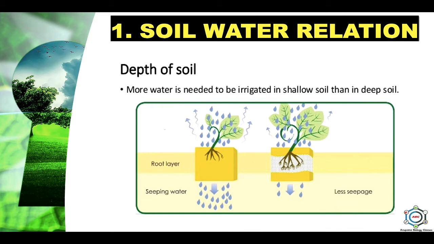Various terms have been used for the soil water according to its availability and non-availability to the plants. For example, the total amount of water present in the soil is called holard. Of this, the part available to the plant is called chresard. It means the total amount of water in soil is holard, and in this holard, the water which is available for the plant is chresard, and the water which cannot be absorbed by the plant is called echard.